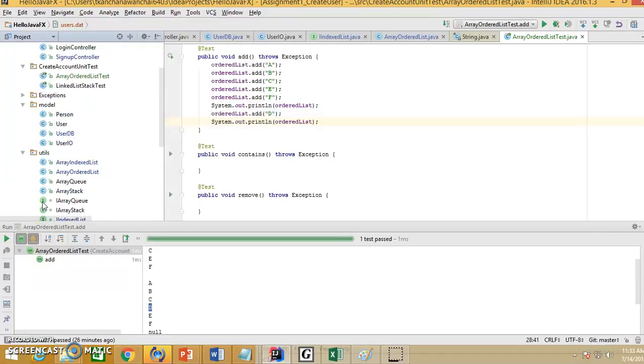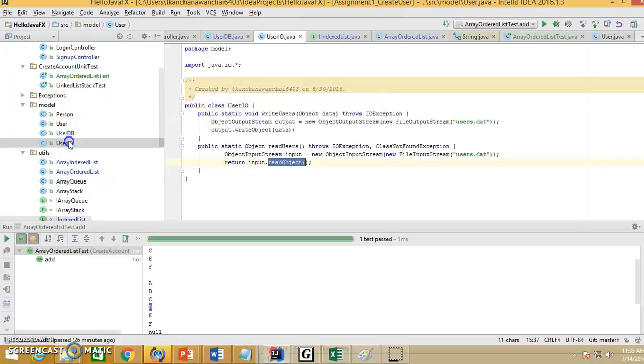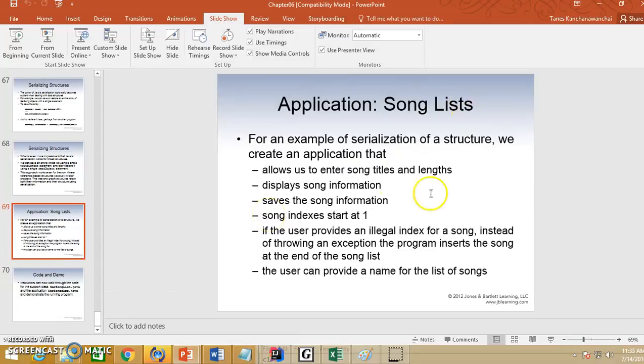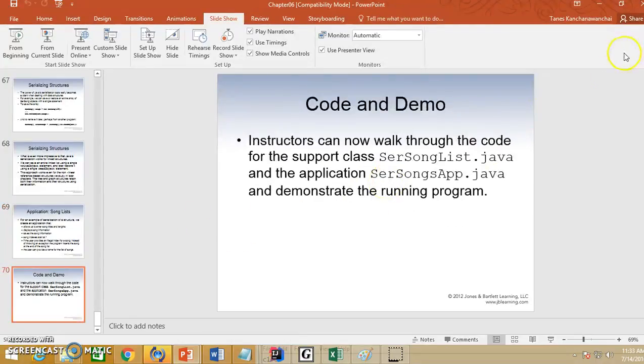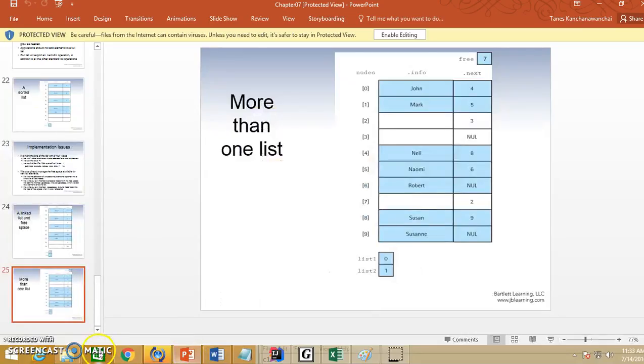Now this means user's class must be serializable, implement serializable. Then when you do write output stream, we talk about this, we can do user file output stream write to data. That's what was mentioned in the slides. Exactly the same. Object input stream, then you can read it. Alright, and that's pretty much it for chapter 6. And this is just showing application with a song. I'll be writing the application for our create user account. Alrighty, so